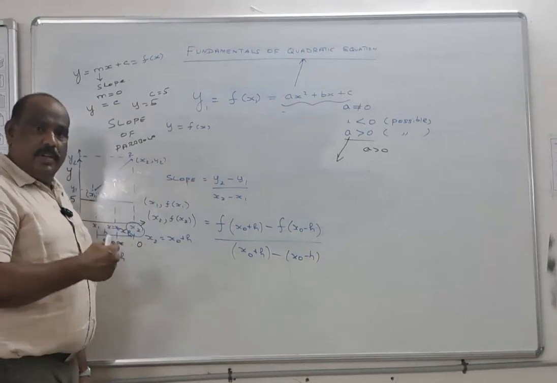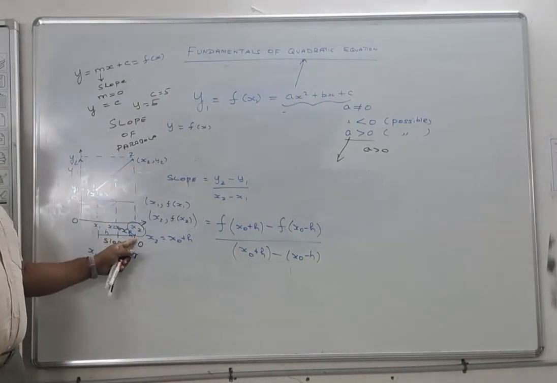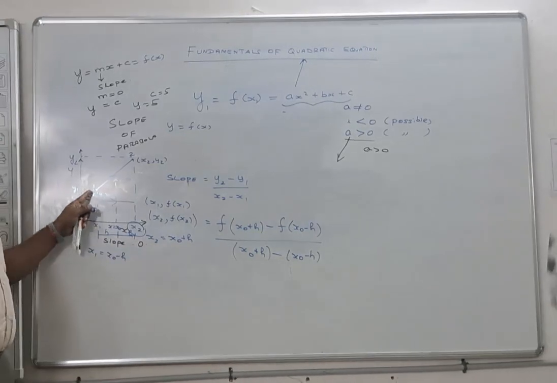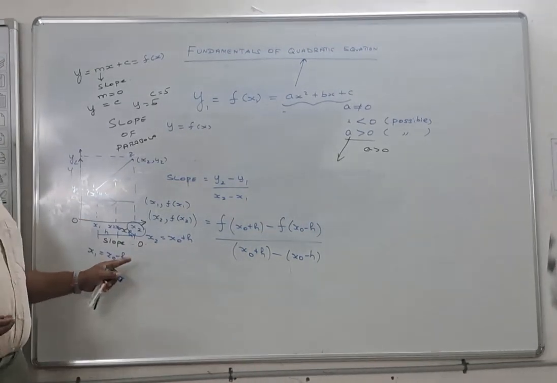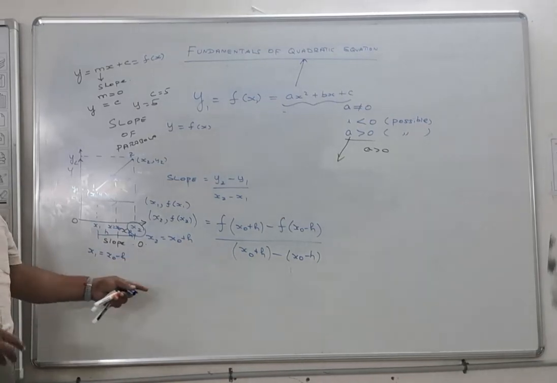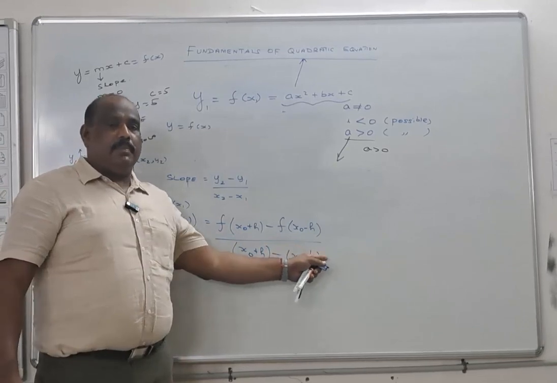I hope you understood it. Okay, so the coordinates corresponding to x2 is x naught plus h. The coordinates corresponding to x1 is what? X naught minus h. The corresponding coordinates of y1 and y2 are nothing but function of what? The corresponding x coordinates. So it is f of x naught plus h minus f of x naught minus h